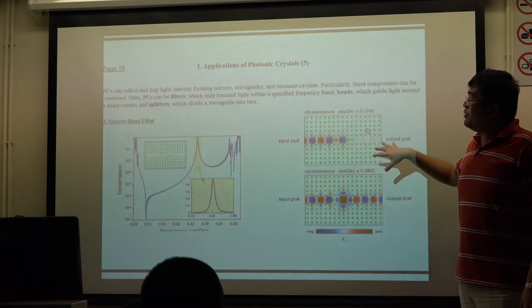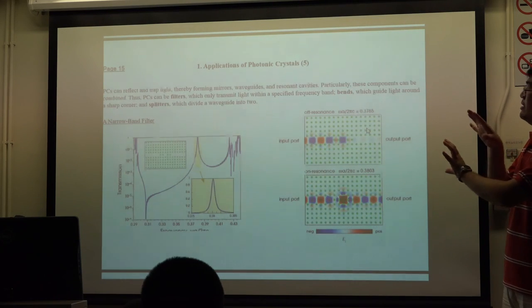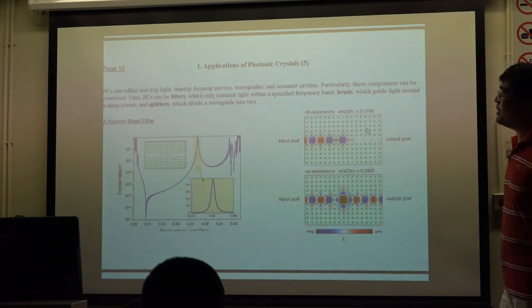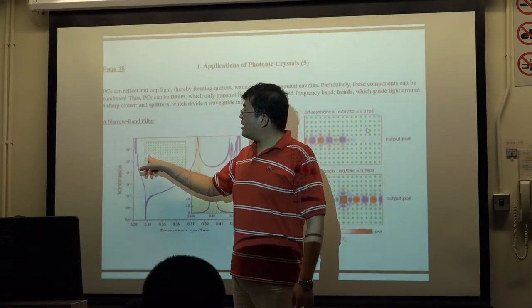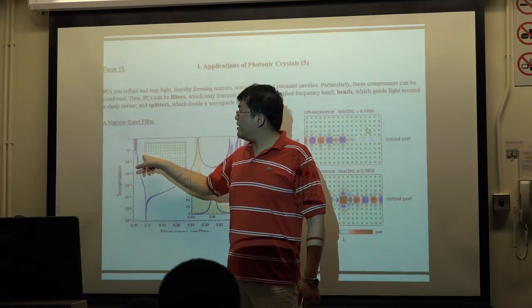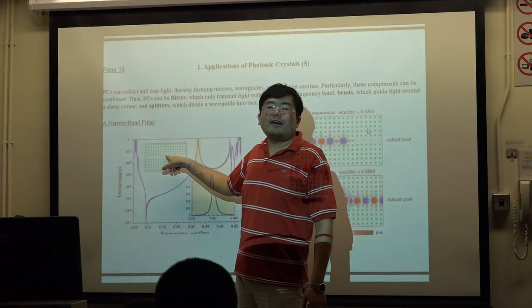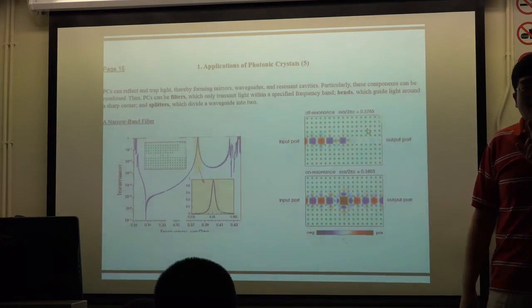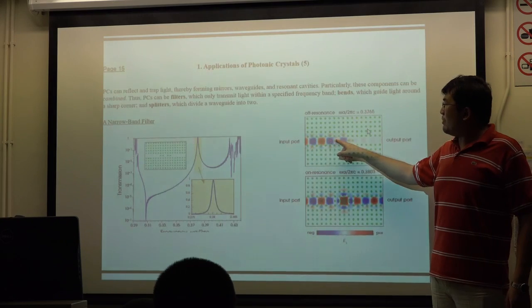But we also can combine these structures together to show some more interesting applications. This is the case. You can see here, this is a line defect, a waveguide. But here, this is a point defect. I combine the point defect with the line defect. What happened? You can see at some wavelengths,